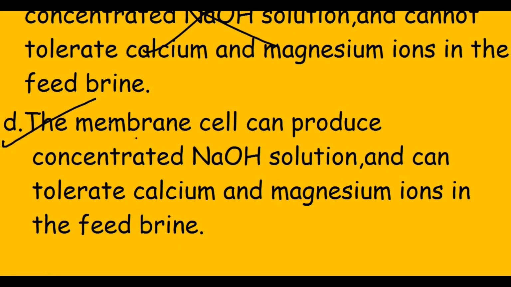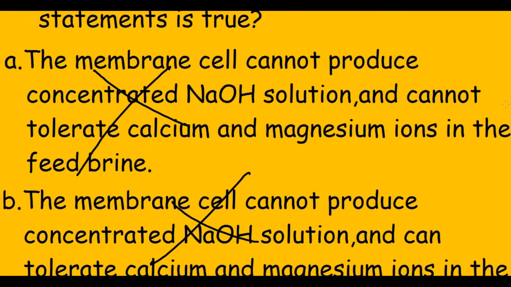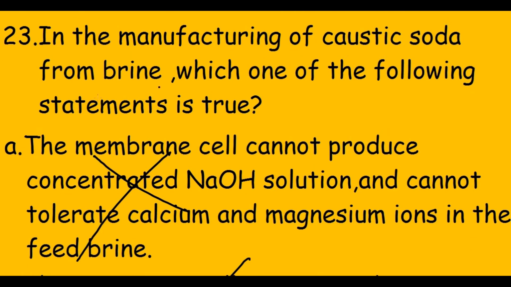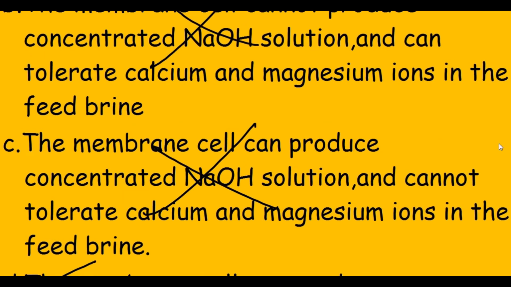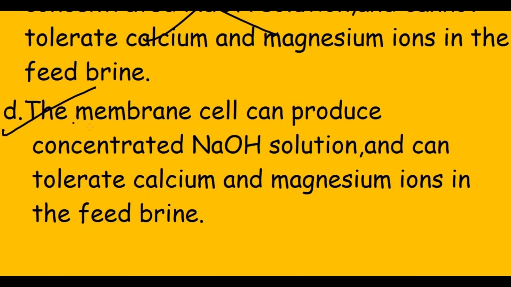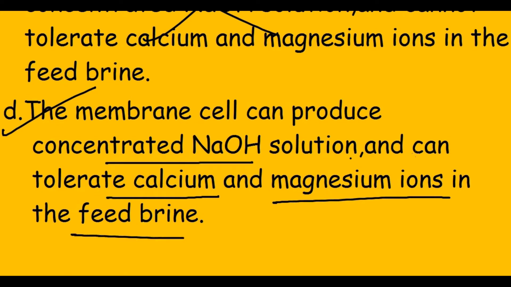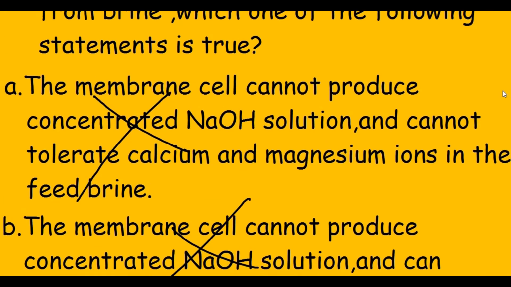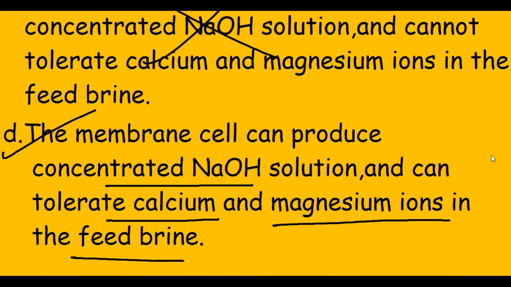So only focus on the correct one, that is the membrane cell can produce concentrated NaOH solution and can tolerate calcium and magnesium ions in the feed brine. So the answer of this question, in the manufacturing of caustic soda from brine, which of the following statement is true? This is true. The membrane cell can produce concentrated NaOH solution and can tolerate calcium and magnesium ions in the feed brine. So this is all about this question. So next is,